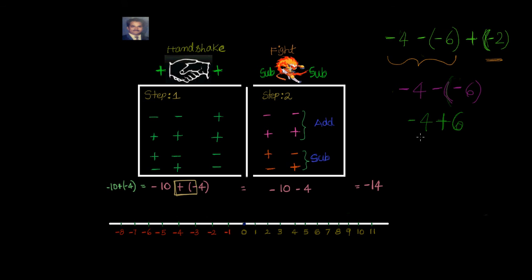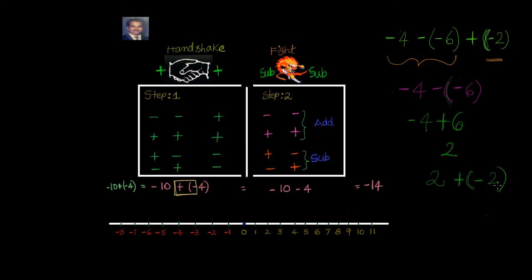Now they will fight or they will play. Let us see now. You see that both of them are opposite signs. 6 and 4 opposite signs, so they will fight. Who will win the fight? Whoever has more energy. 6 minus 4 equal to 2. And the sign of 6 is positive, so it is nothing but 2. Now you will take the 2 and go to the next one. What is the next one? Plus of minus 2.